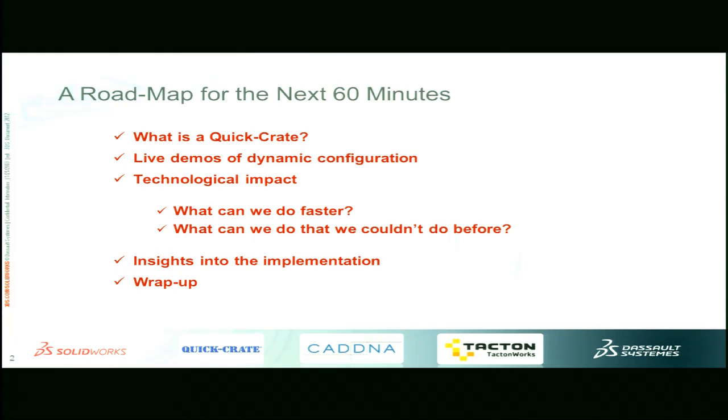Sorry, such a small room. I'm going to move that down a little bit. All right. We'll see pretty quickly what